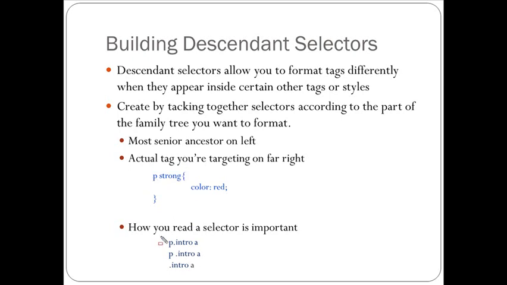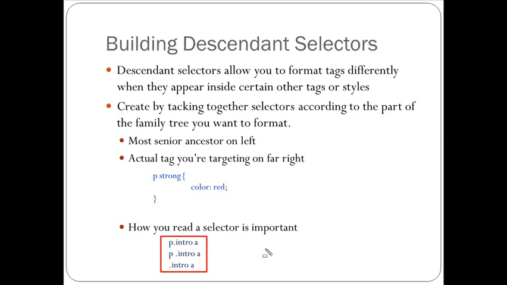So now that we've looked at some of these, it's a good idea to take a moment here and talk about how we want to read these. In this example I've got highlighted now, all three of these selectors style an anchor tag. So if we had a paragraph tag that had a class of intro and an anchor tag, it would style it. If we had a paragraph tag that had a descendant that had a class of intro and an anchor tag, it would style the anchor tag. If there was a tag that had the class of intro and an anchor tag in it, it would style the anchor tag. So you tend to read these a little bit backwards,